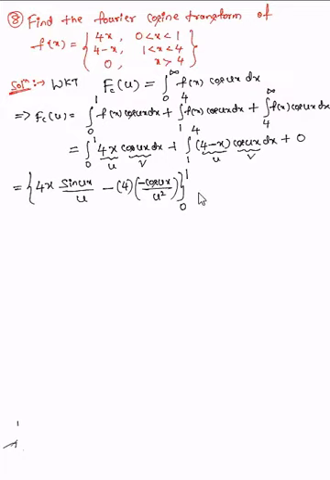Now similarly, plus the second term. I'll write the second term of Bernoulli's rule, u v1, where u means 4 minus x. So it is 4 minus x into v1.